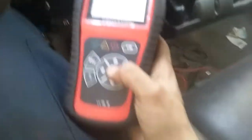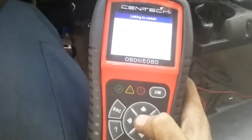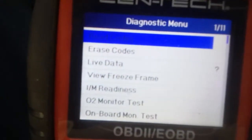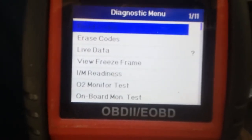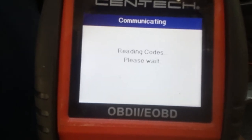So basically we're just going to plug in the scanner. It's very simple. They're pretty easy to use, especially these basic ones. They kind of do it all for you. So once that loads, cool, so it loaded. So basically what we can do is read codes, live data, view the freeze frame, read the codes. Right now stored codes are